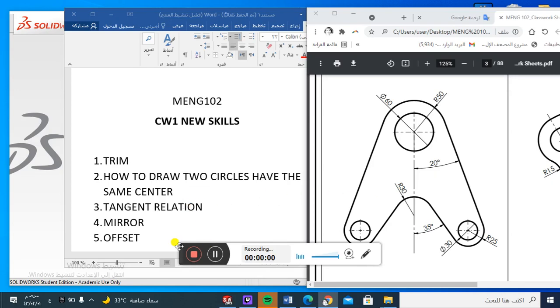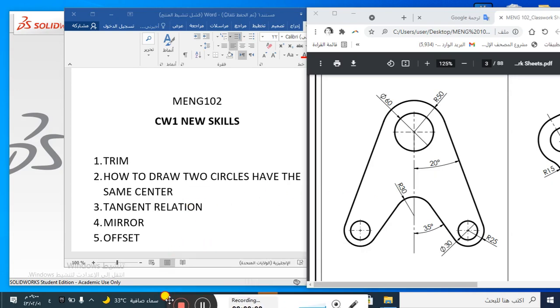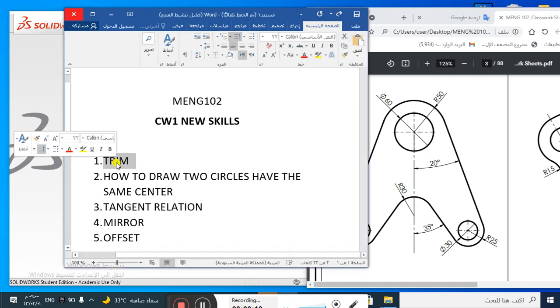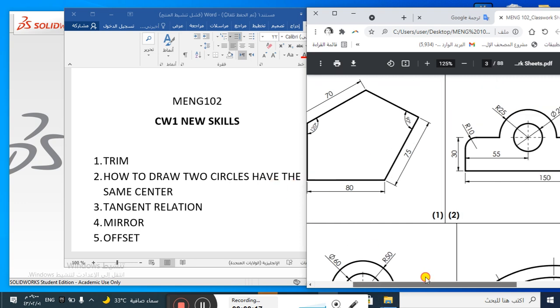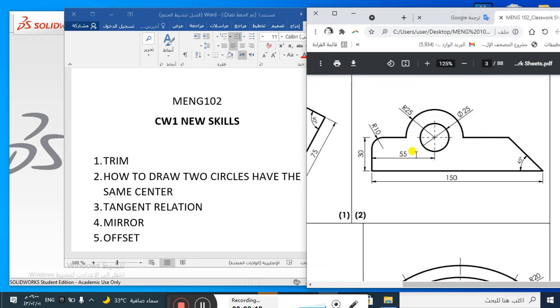Okay, going to question number 3. What are the skills that we learned so far? So we learned how to make trim, which is to cut. For example, in this question, we cut the extra lines or extra curves that we don't need, and also